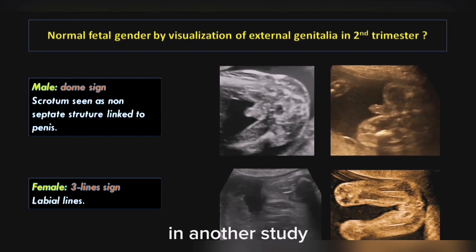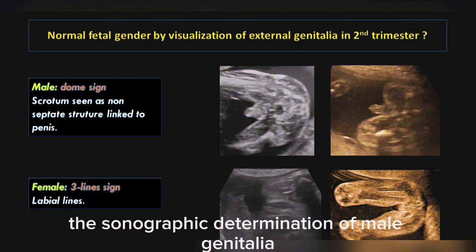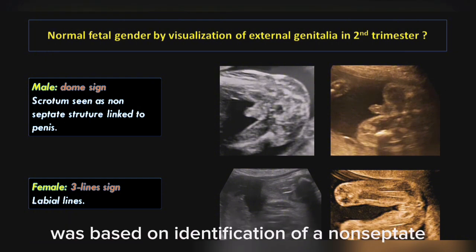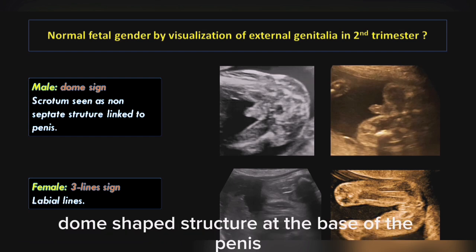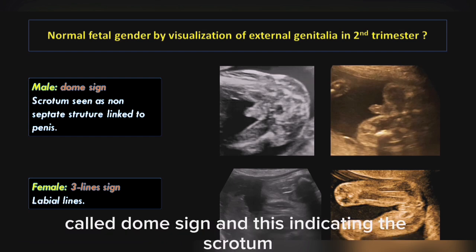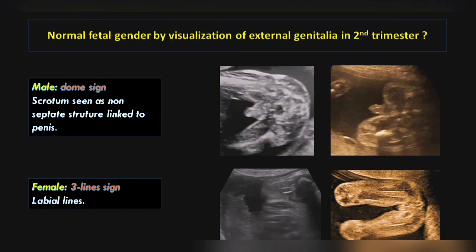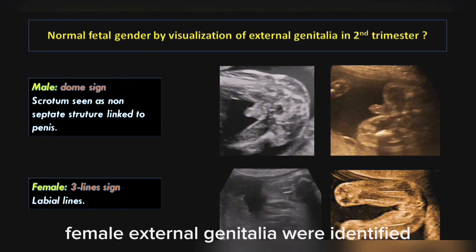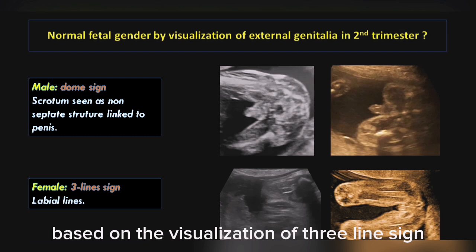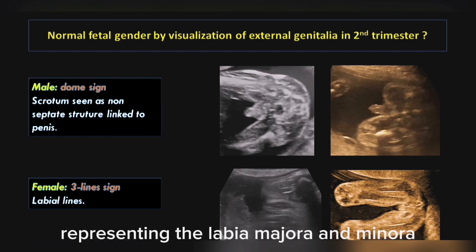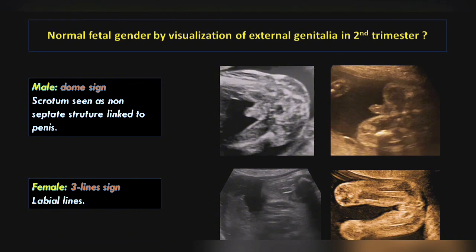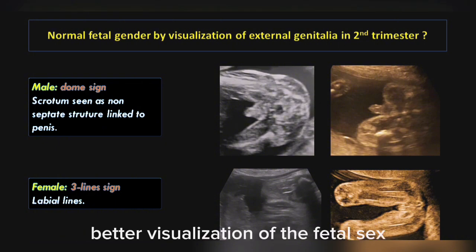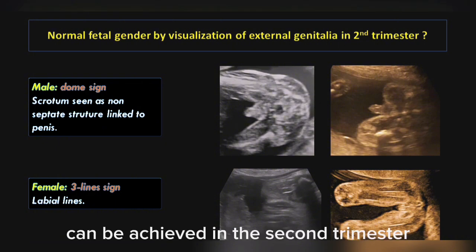In another study, the sonographic determination of male genitalia was based on identification of a non-septate, dome-shaped structure at the base of the penis called the dome sign, and this indicates the scrotum. Female external genitalia were identified based on the visualization of the 3-line sign, representing the labia majora and minora. Better visualization of the fetal sex can be achieved in the 2nd trimester than 1st trimester,